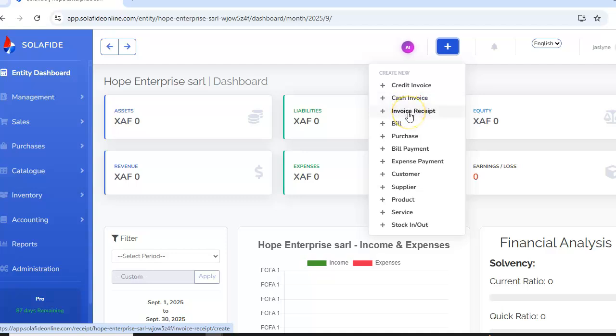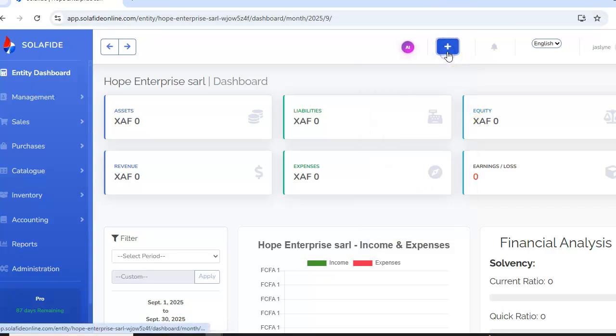invoice, invoice receipt, bill purchase, bill payment, expense payment, customer, supplier, product, service, stock in, stock out. From this arrow up here, you can do that. And also one other interesting aspect about this Solafide system is you don't necessarily need to create all the typing or the transactions one after another and start checking which account to debit, which account to credit. You can just come to the AI